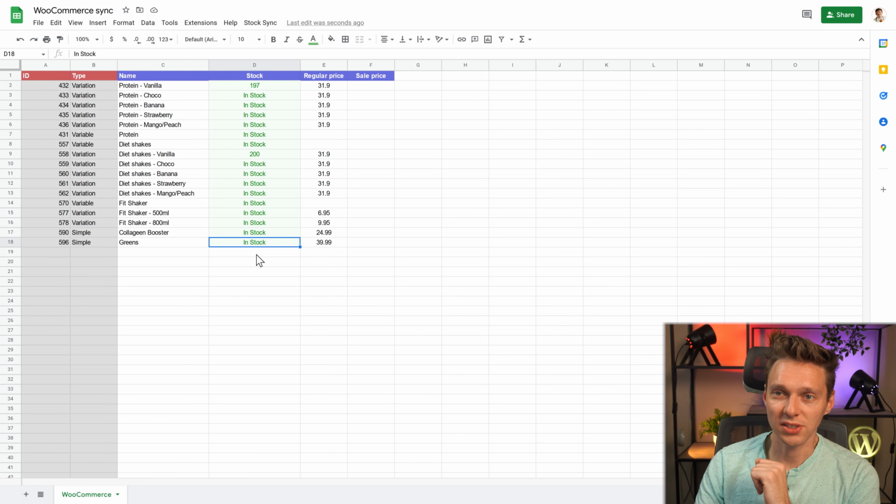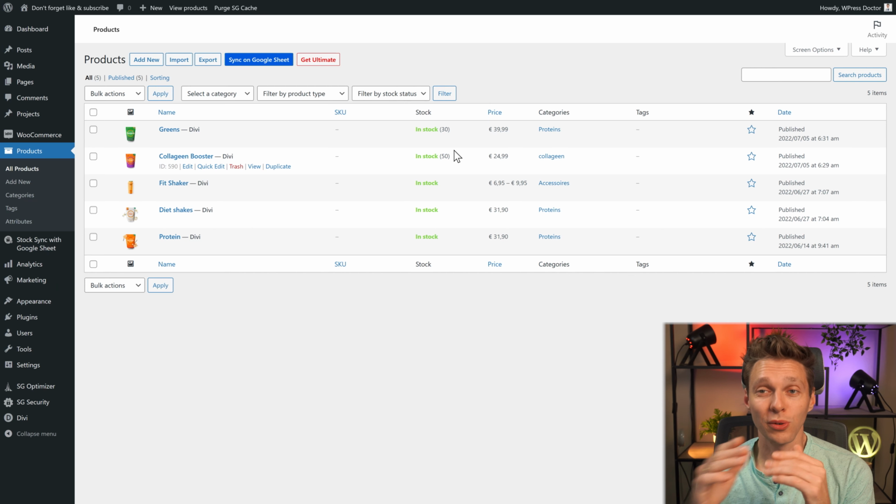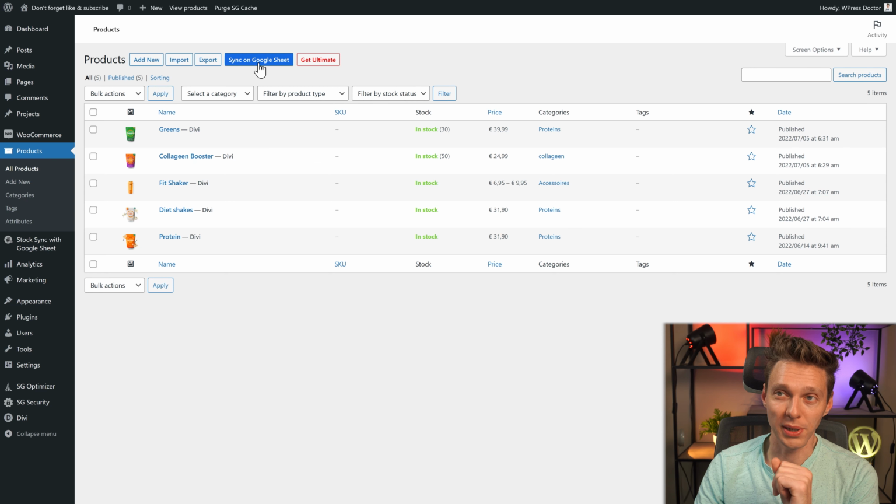Let me change this stock for the greens and the color gain booster. I didn't change this stock. Let's change this to, I have 45 greens and I have 32 color gain boosters. It's safe to drive, right? Now what we see is that it's a one-way sync. It's only syncing from my web shop to Google Sheet when I press this button.